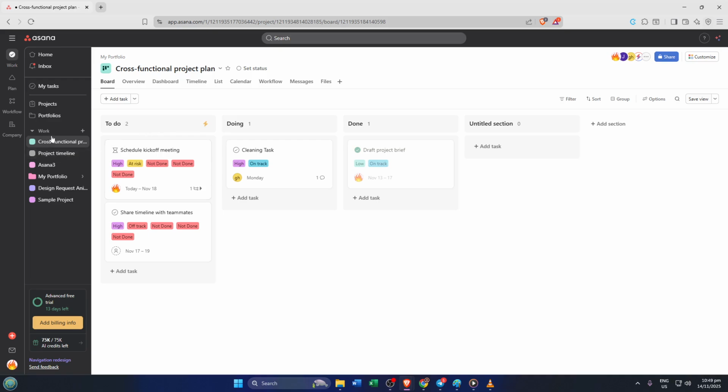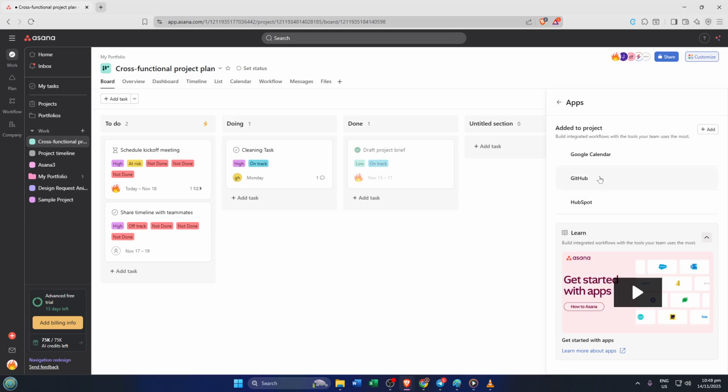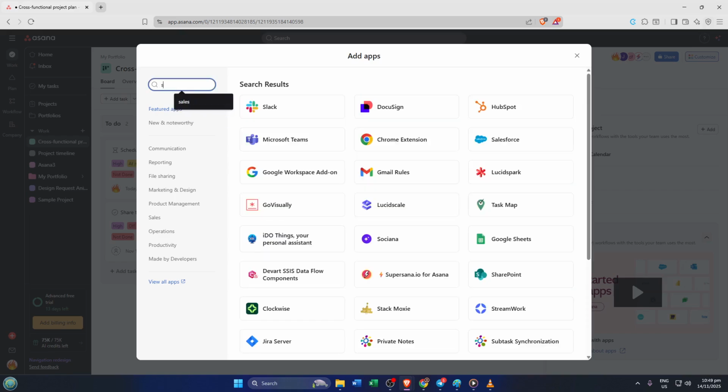First things first, we need to install the Asana for Salesforce app. To start, head over to the Salesforce App Exchange and look up the Asana for Salesforce listing. It's a bit like browsing for an app on your phone, except these are designed specifically for Salesforce. Once you locate the listing, click the bright blue Get It Now button. This will launch the installation wizard, which might sound fancy, but it's really there to guide you step by step